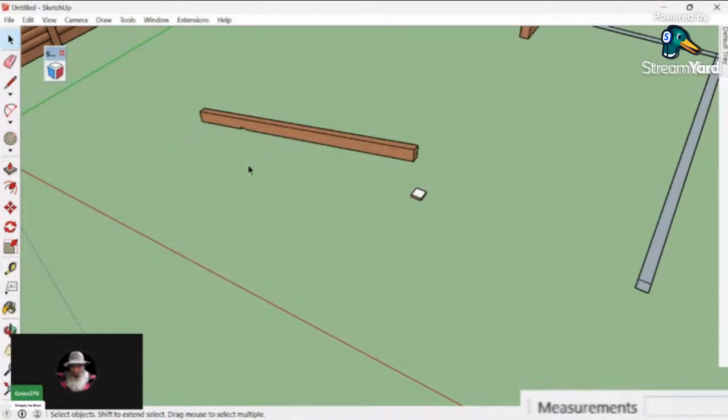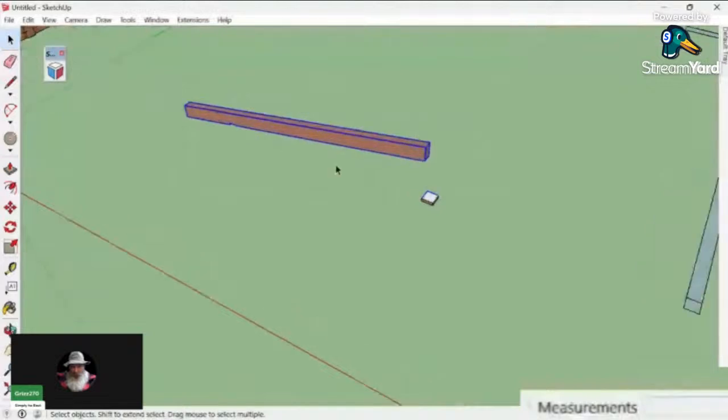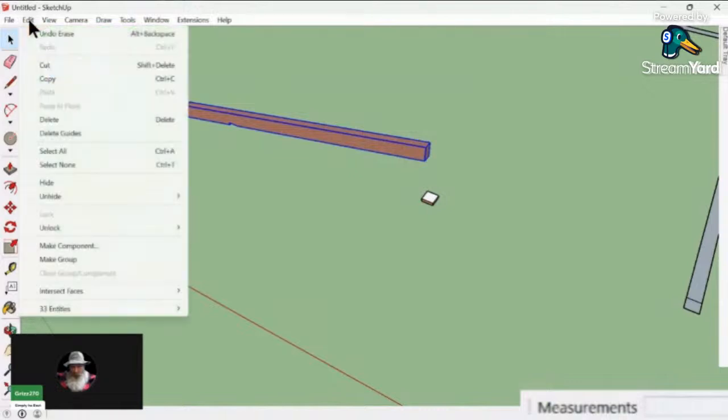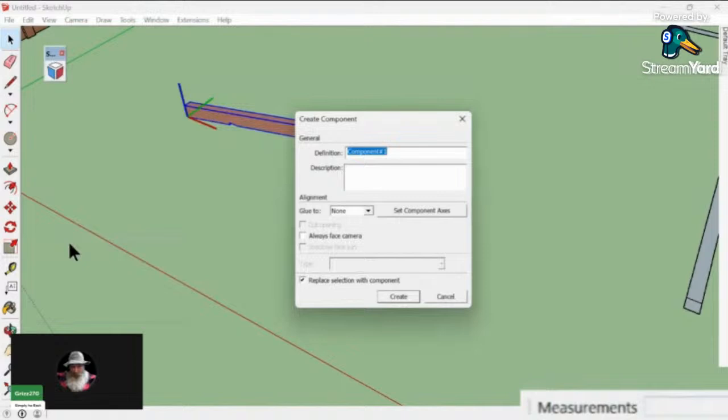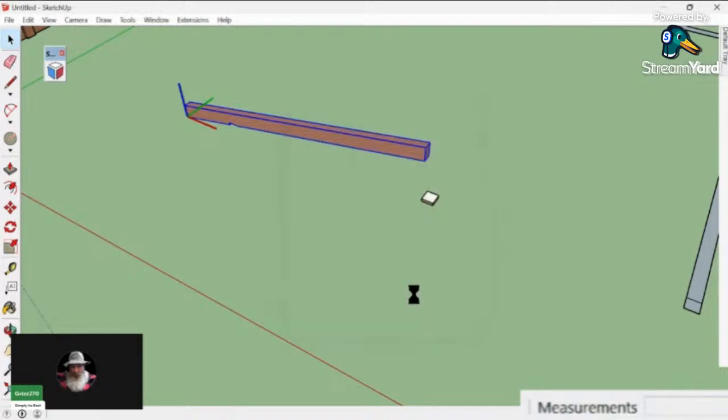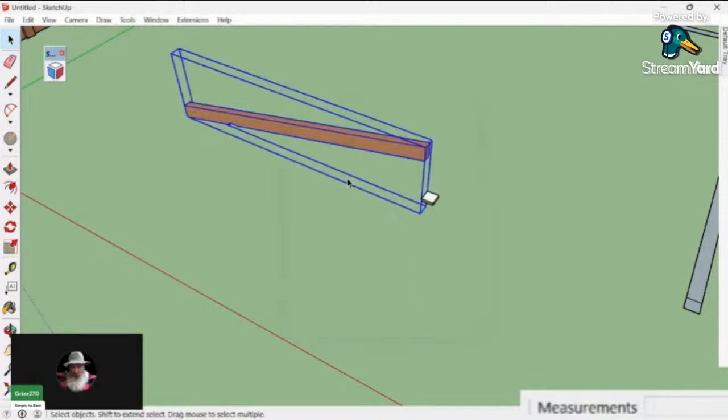Let's see here. Nope, don't want to do that. Gotta make sure that I don't catch anything that I don't want. Okay. Make component. And call it component 1, create. Okay. Now I want to hit